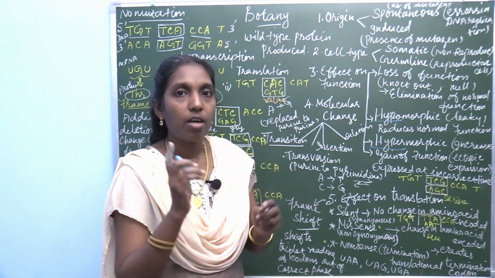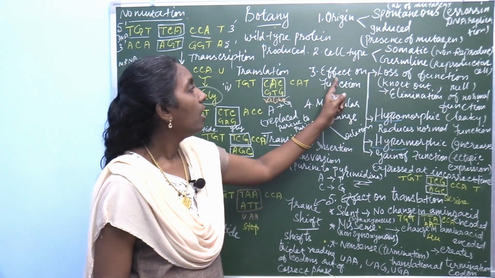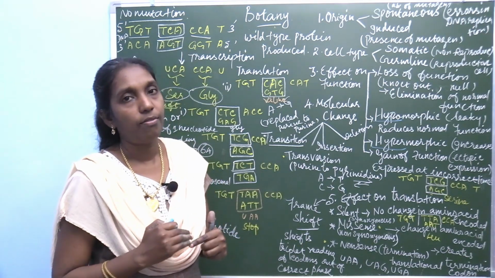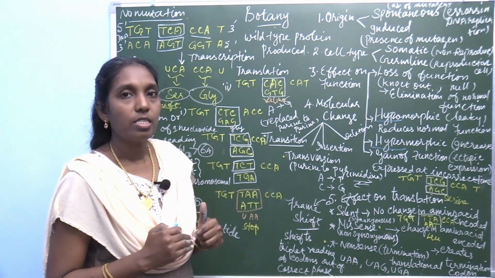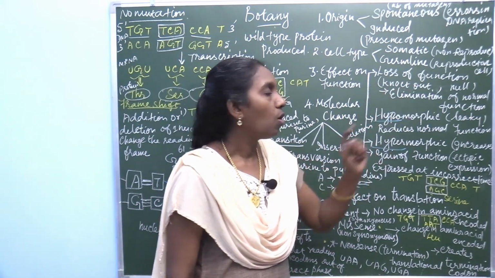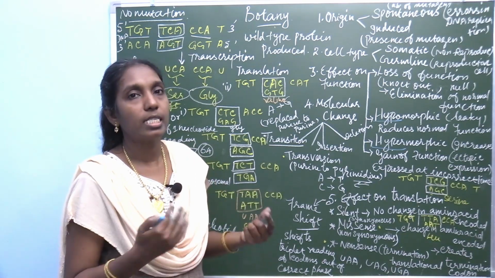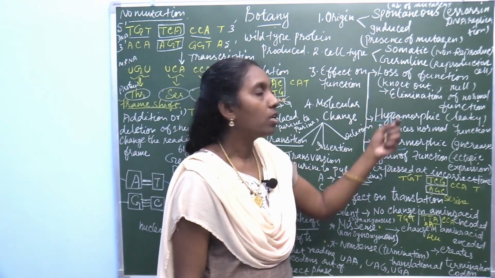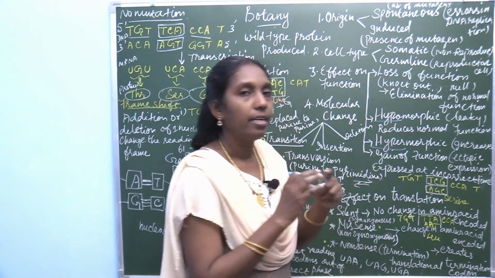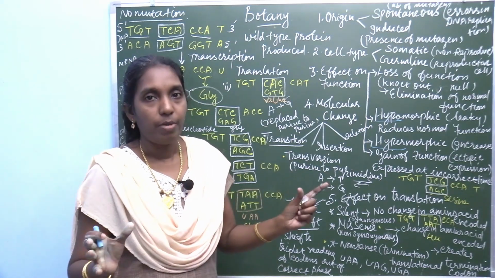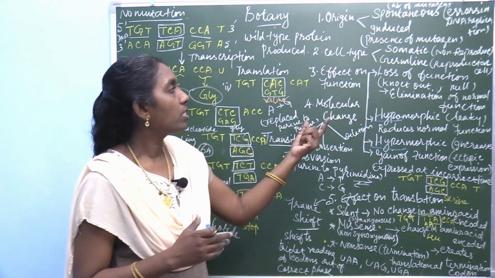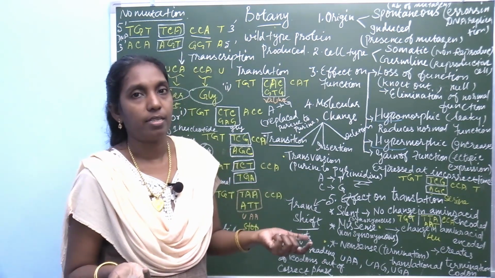So, based on this, on the basis of effect on function, gene mutations are categorized into four different types. They are loss of function, where it loses its function. It is otherwise called knockout or null. Null means there is no function. It eliminates the normal function, so due to loss of function, the functions can be eliminated.